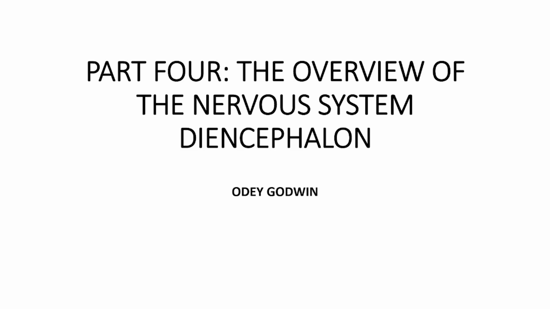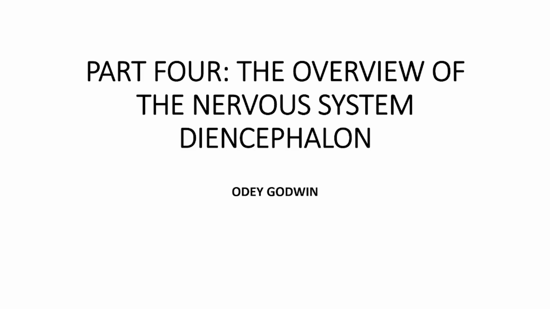Hi. All right. So we'll move to part 4. We are still looking at the overview of the anatomy and physiology of the nervous system. Today we will continue with the diencephalon. But before we move into the diencephalon, let us conclude by saying that the white matter of the cerebrum has